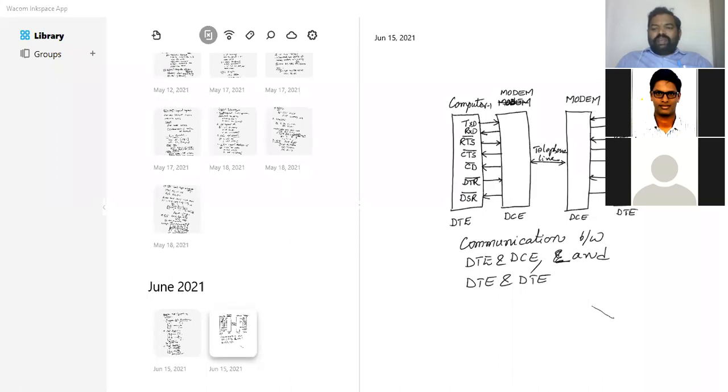Actually, the logic behind this is, initially, the data terminal equipment will send a signal to the data communication equipment: Mr. Data Communication Equipment 1, please get ready, I want to transmit the serial data. Such a command is in the form of DTR bar. So whenever this DCE gets the DTR bar, then immediately DCE1 will communicate with DCE2 at the destination side. And this DCE2 will communicate with the other DTE at the destination.